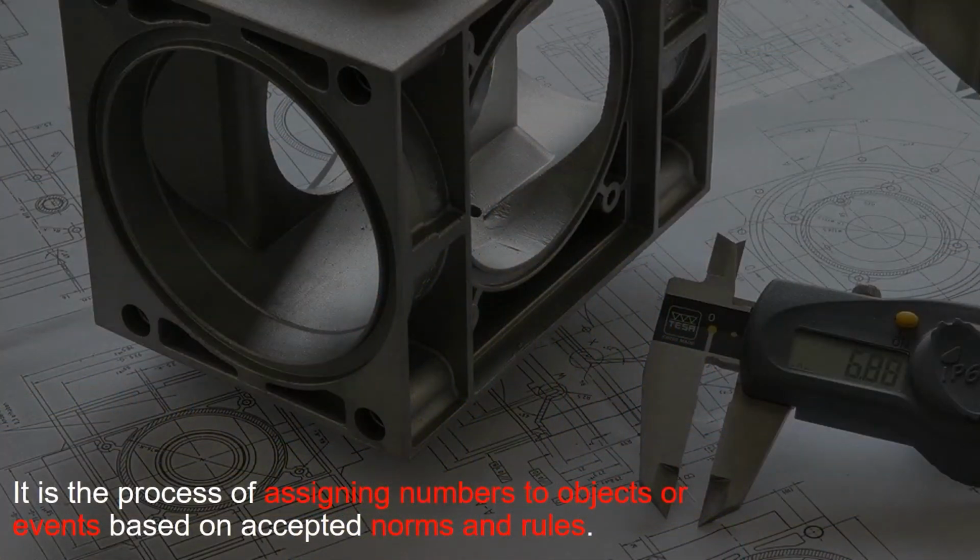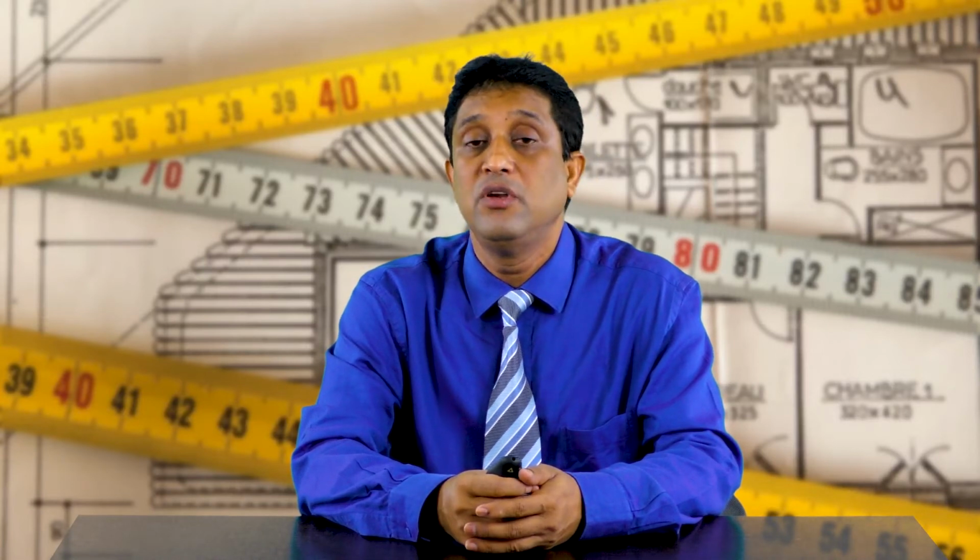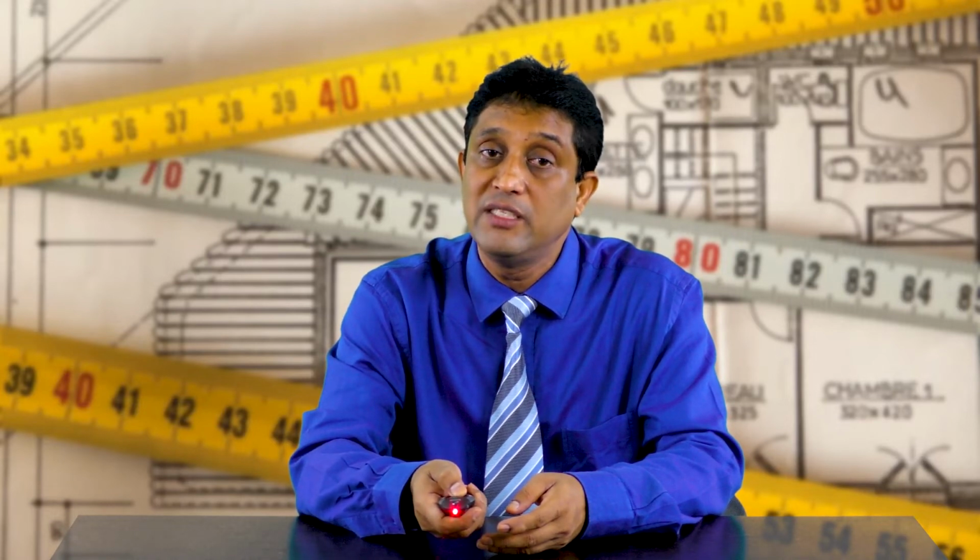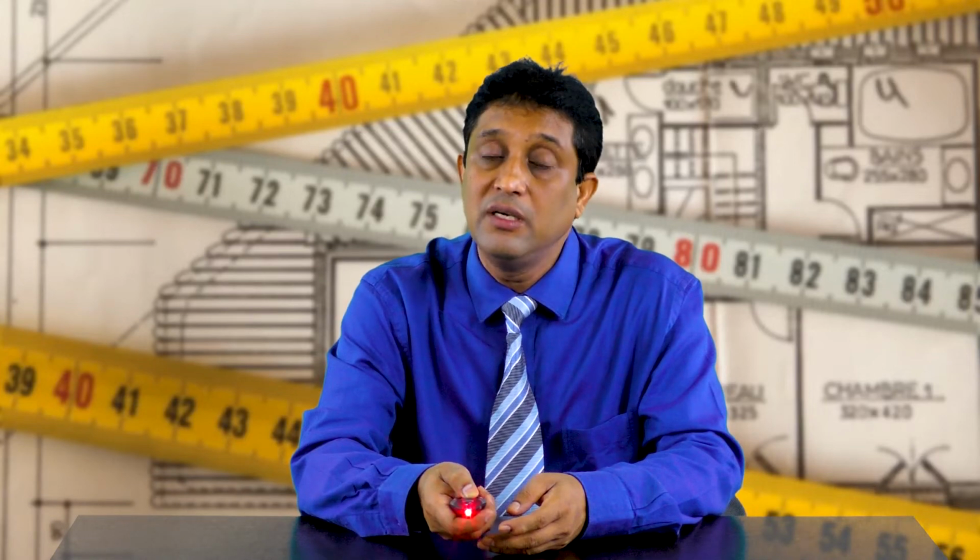And further, to understand scales of measurement, we can say that it is the process of assigning numbers to objects or events based on accepted norms and rules. So we have to use certain norms and certain rules, and when we engage ourselves to assess or measure a certain object or event, we will be using certain scales